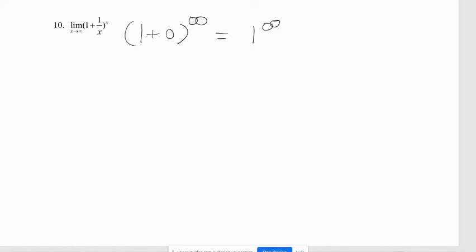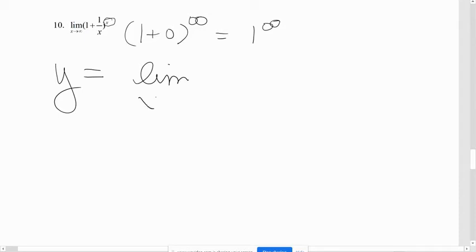Okay, so whenever we had that exponent as a variable, one of the techniques that we used a while ago was to take the log of both sides of the equation to get that exponent out of that power position, because that's one of the properties of logarithms. But we don't have another equation, so we're going to set y equal to the limit as x approaches infinity